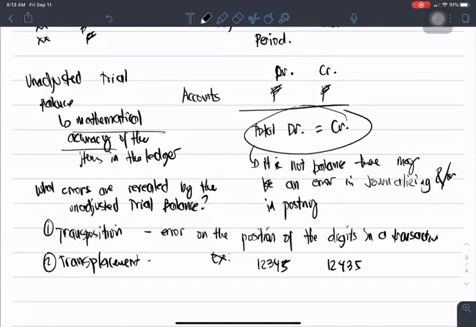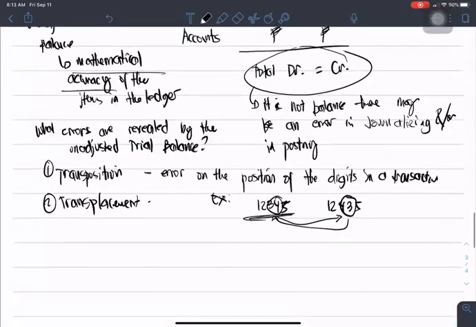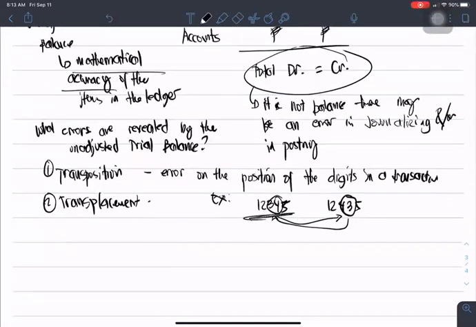So ano yung nagkapalit na position dyan? Yung 3, 4. Ayan. So there was a transposition. There was an error on the position of the digits in a transaction. So in our transaction, it should have been only 1, 2, 3, 4, 5, but you have recorded 1, 2, 4, 3, 5. Transposition. Next, transplacement. In a transplacement, there is an error on the placement